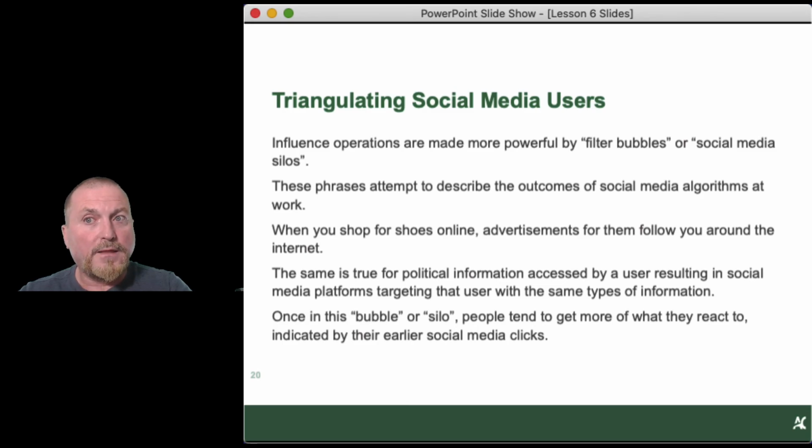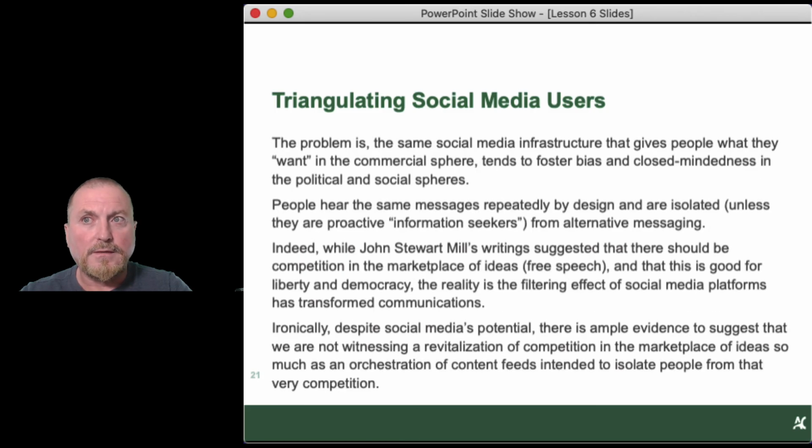And this is influenced by this big data that collected their earlier social media clicks information. Okay? So the problem is the same social media infrastructure that gives people what they want in the commercial sphere tends to foster bias and closed-mindedness in the political and social spheres. Remember, free speech was supposed to be building consensus, advancing common understandings of the common good, all of those things. And social media may in fact be limiting free speech